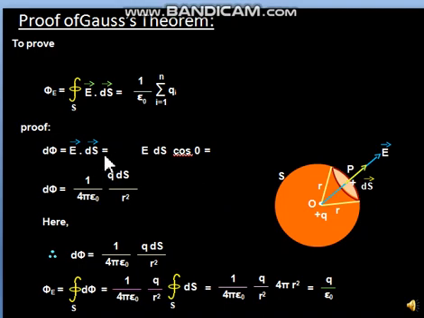I am repeating how ds vector is obtained. Surface S, or the sphere S around the charge, is the total surface. Part of it is called ds, and over the ds if we draw an outward vector, that is called ds vector. Then after ds vector calculation we have to do E vector calculation.